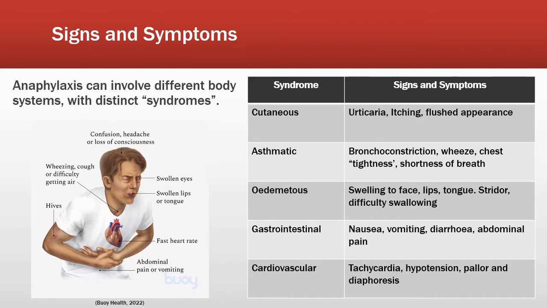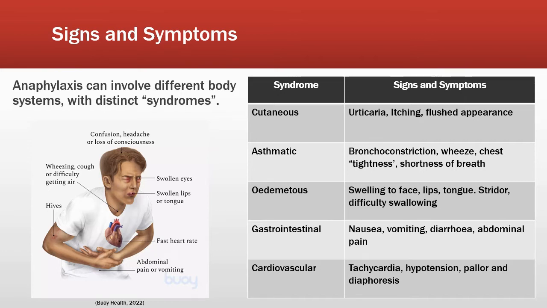The asthmatic syndrome, which is where you'll see your bronchoconstriction or wheeze, chest tightness and shortness of breath. So essentially all of asthma contained within the setting of anaphylaxis. The edematous syndrome, which involves swelling to the face, lips, tongue and larynx, where we'll start to see our stridor and our difficulty in swallowing. This is distinct from the cutaneous syndrome in the sense that I like to relate the edematous syndrome to the face and upper airways, rather than